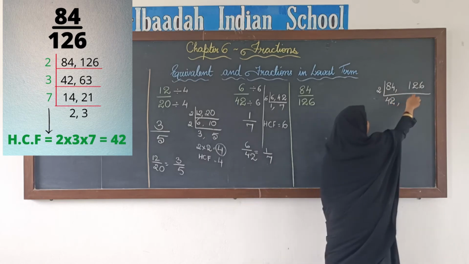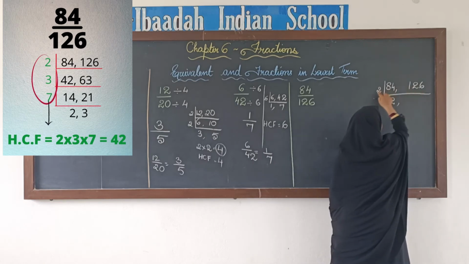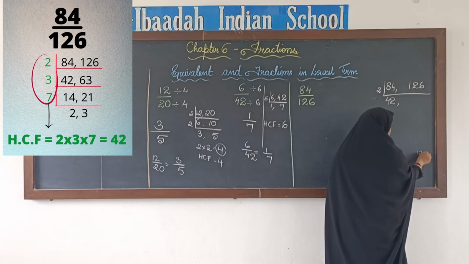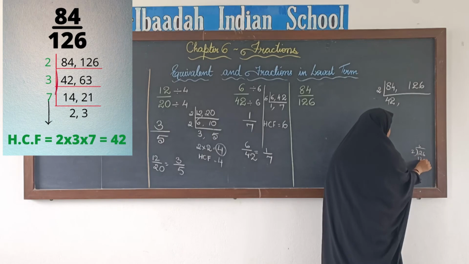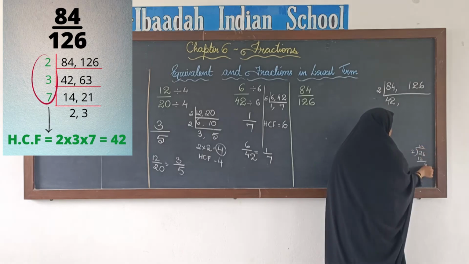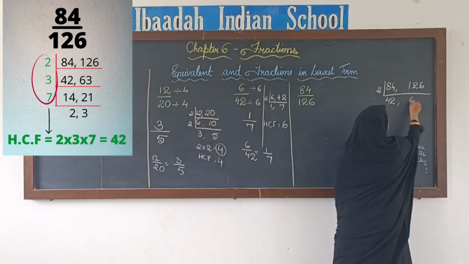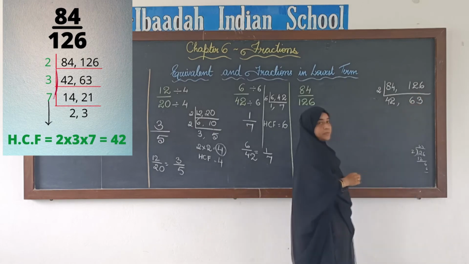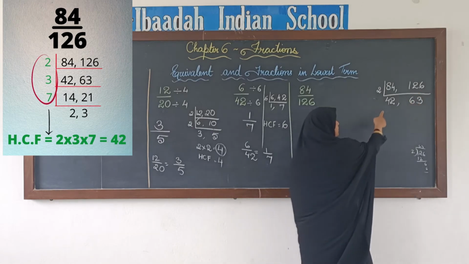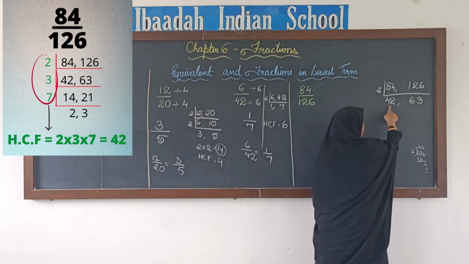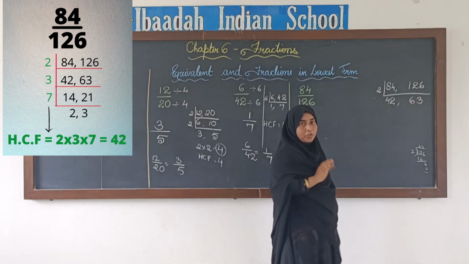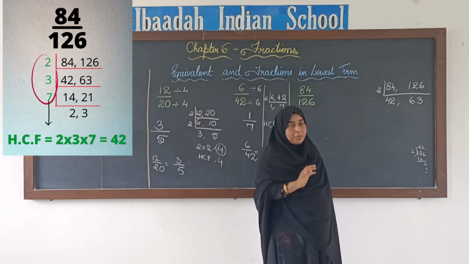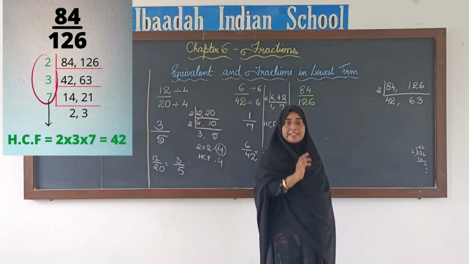Now here when we divide 126 with 2, if you want you can do the division. 126 you can divide with 2. 2 6s are 12 and then 2 3s are 6. So it will be 63. Okay. Next, further again we can see that we have 42 here and 63. 2 will not divide 63. So that will not be a common factor, because 42 it will divide but not 63.